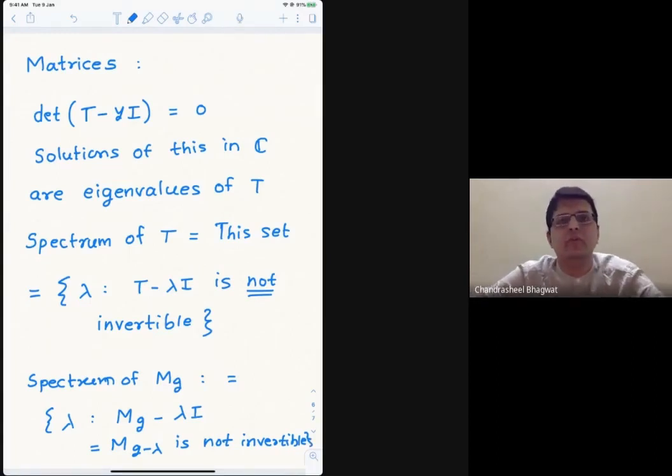It's a map from V to V. It's going to be linear. If the inverse exists, it's going to be linear also. But what we want is that the inverse should exist as a function, and that is the same as saying it's a bijection. So this is the key idea. When you talk about linear maps in this context, you want a number to be in the spectrum of the linear map if the map minus that real number times, or complex number times, identity is not invertible.